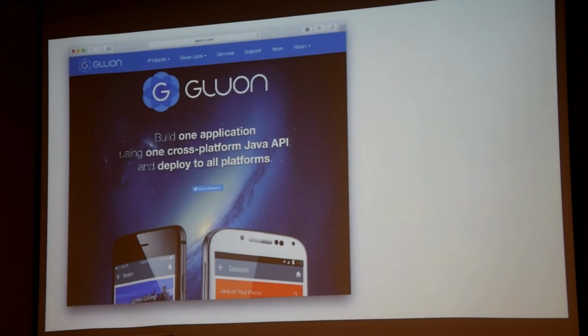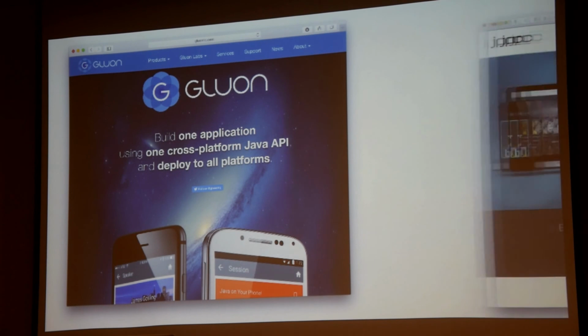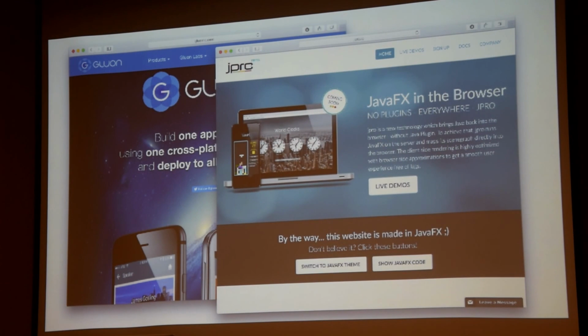And there are two more things that I would like to mention in this presentation. Nowadays you can also do mobile application development with JavaFX. You can deploy your applications on iOS and Android by using Gluon. Or you can also deploy them in the web as HTML versions by using JPro, which is a very new technology that was just released at the last Java 1